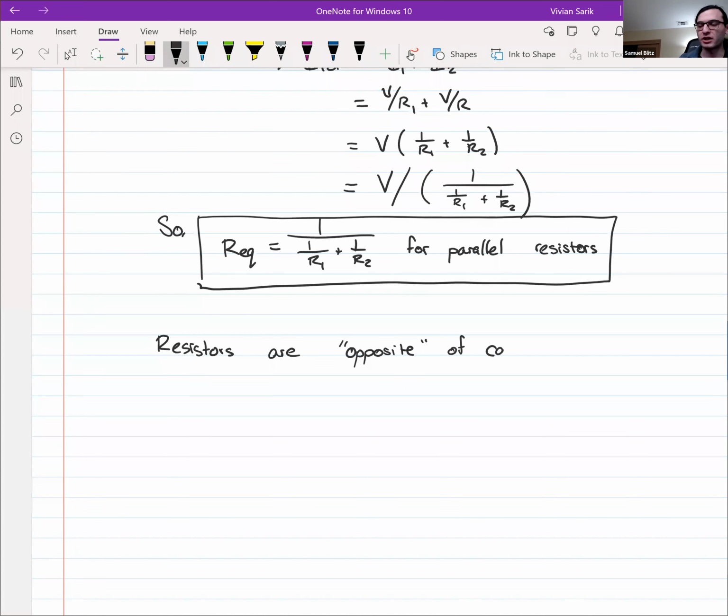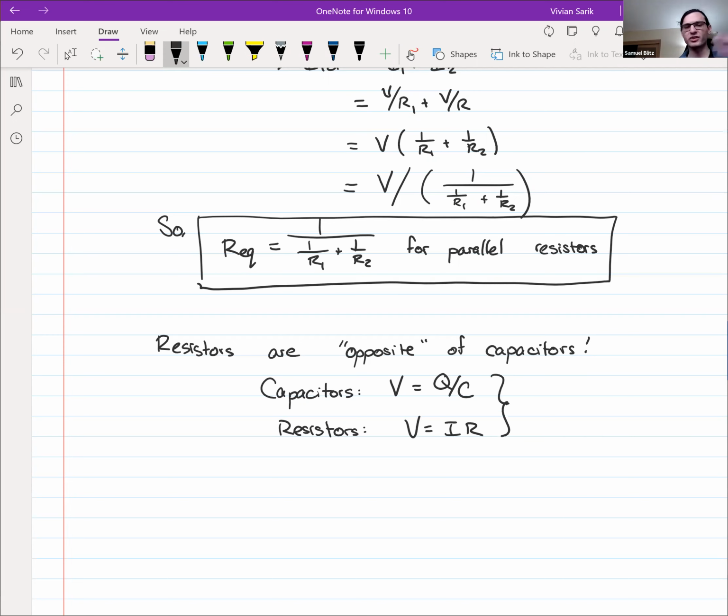This might just be a nice mnemonic to help you remember which one's which. So for capacitors, we have that voltage is equal to Q divided by C, right? For resistors, we have that voltage is equal to I times R. And so what we see here is that there's a sort of correspondence. If you swap the charge with current, and you swap the capacitance with 1 divided by the resistance, then you